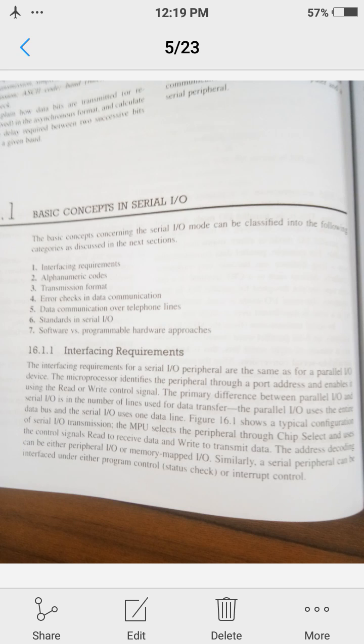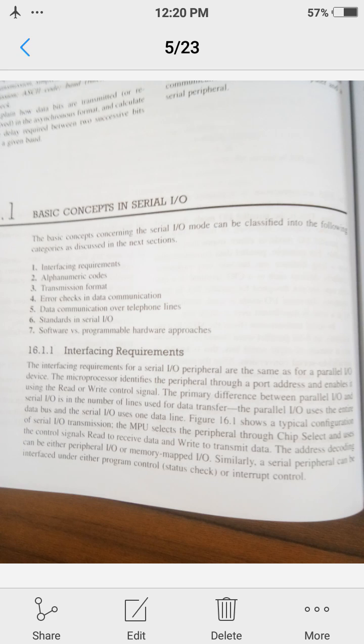In this unit we will study about the communication, IO communication, and the modes of data transfer by 8085 microprocessor. As we know that 8085 microprocessor is a parallel device, and it transfers 8 bits of data simultaneously over the 8 data lines. So this is the parallel IO mode. This already we have discussed. Whatever data is transferred on the data lines is the parallel data.